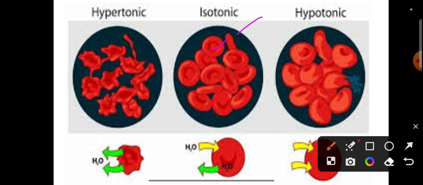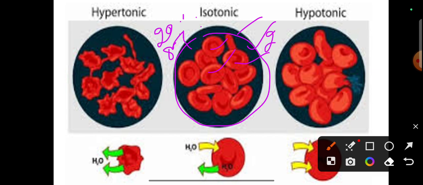For example, these are cells and they are kept in a solution. So the solution will have the same concentration of solute and water as compared to the cell, either it's an animal cell or a plant cell. For example, this has 20% solute and 80% water, and the cell that is kept in this solution also has 20% solute concentration and 80% water concentration. So we can say the cell has the same concentration as that of the solution in which it has been kept.